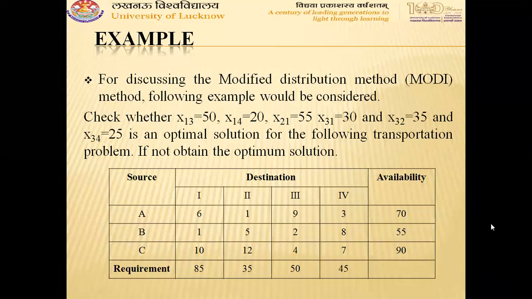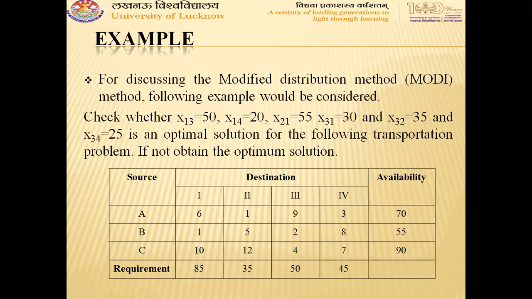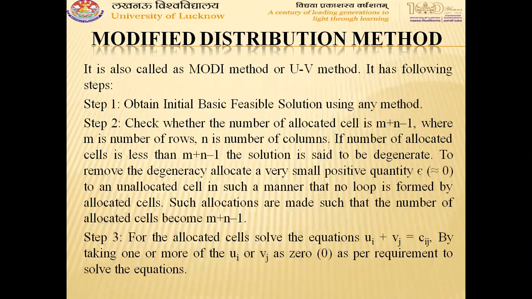The following table is the cost matrix, that is, the transportation costs mentioned in the transportation problem. The example is considered from the book on operations research written by P.K. Gupta, Manmohan and Kanti Swarup. So the following are the steps, which are discussed with the example also.